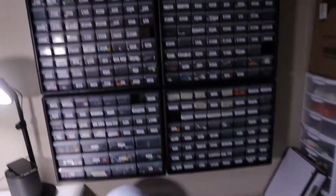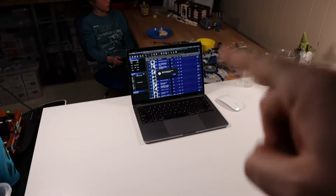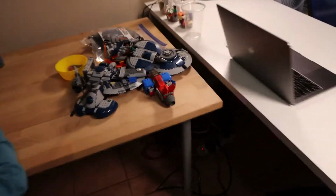We've been busting our tail this week. I've been uploading parts and doing a bunch of different stuff here in the store. So I'm gonna show you what we've got going in here. The store's actually really coming along. We're making a lot of headway. And I just created a BrickStore document for all of these sets over here. So we've got